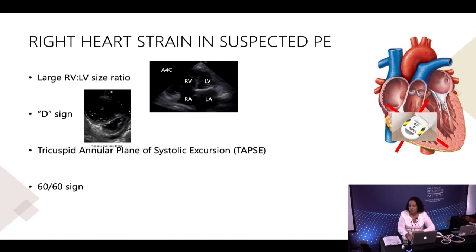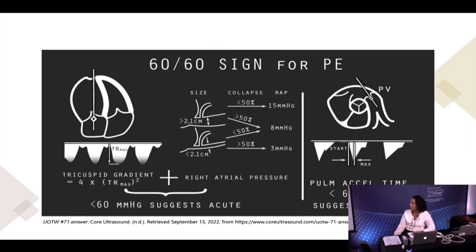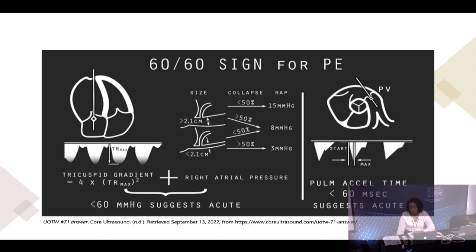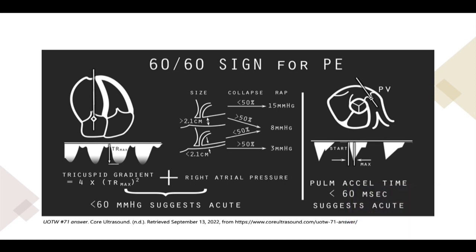So the next sign I'm going to talk about, and this one actually will help me determine whether or not there's an acute versus chronic right heart strain, is the 60-60 sign. So the 60-60 sign, I really like this graphic a lot from Core Ultrasound. It pretty much measures the pulmonary artery systolic pressure and the pulmonary acceleration time. So to measure the pulmonary artery systolic pressure, you're bringing the heart in an apical four-chamber view, and you're going to use, in this case, the continuous wave. So once you activate the continuous wave, you're also going to get a cursor that's going to come in the middle of the heart, and then you're going to hit that continuous wave again,